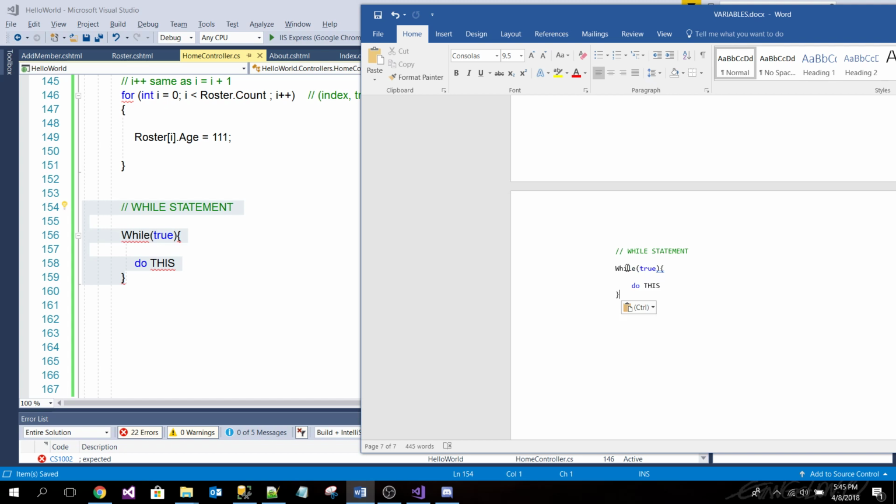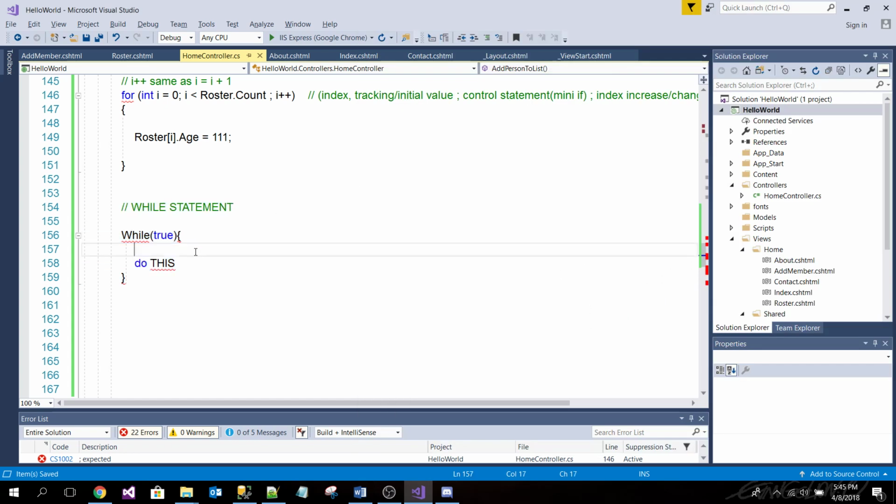So while. This one's really easy, it's the easiest one, but it has the potential to mess you up the most because it's so simple.